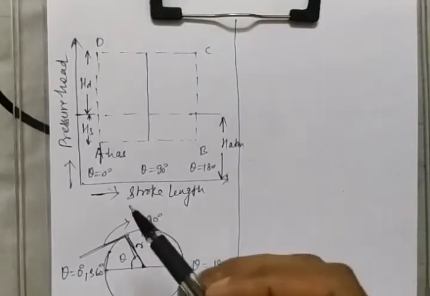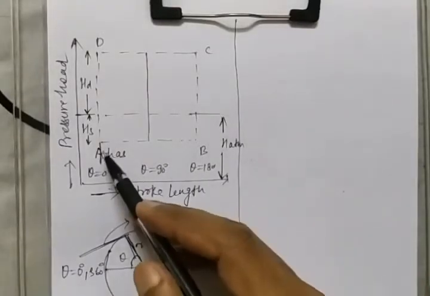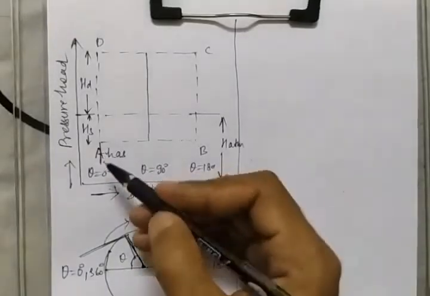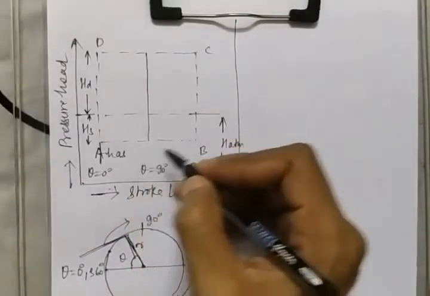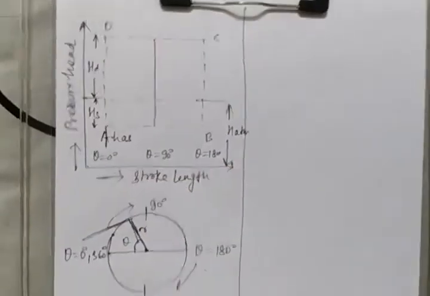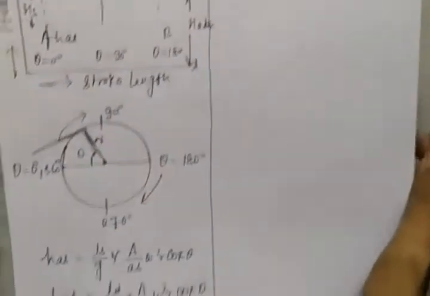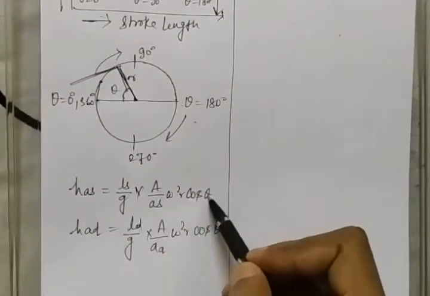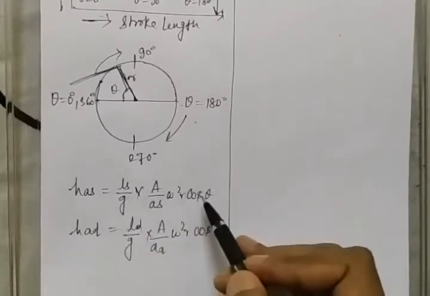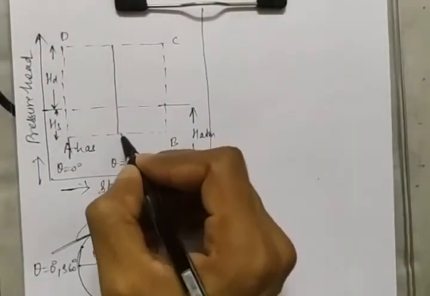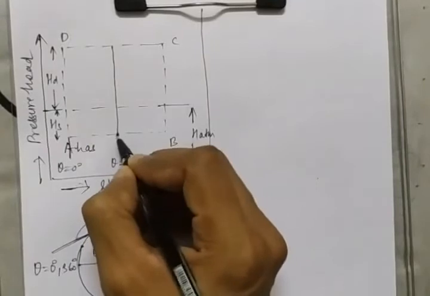So guys, you can see here that the value is positive, so it will just increase. And now at this point B, just see from the diagram, at theta equal to 90 degree, if you put in the value of cos theta, the whole value will become 0. You know that cos 90 is 0, so the whole value will become 0. So HS will be 0 at this position, I mean it will come here.